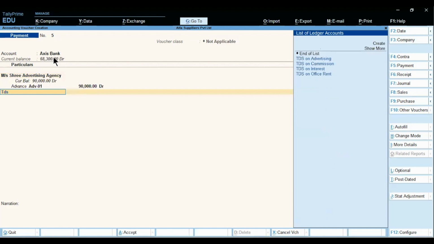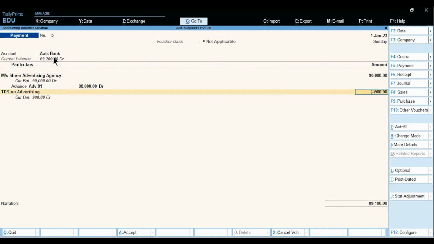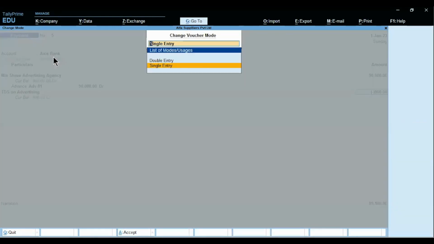Now TDS on advertising. So this should get credited. Just look what happens over here. See, I have just entered and it has shown minus 900, 900 in minus sign. It means automatically this amount shifted to credit part. If you want to check the actual entry, just change the mode, press Control H to change into